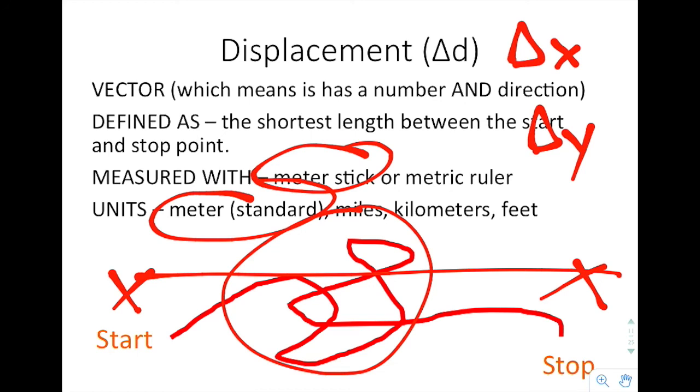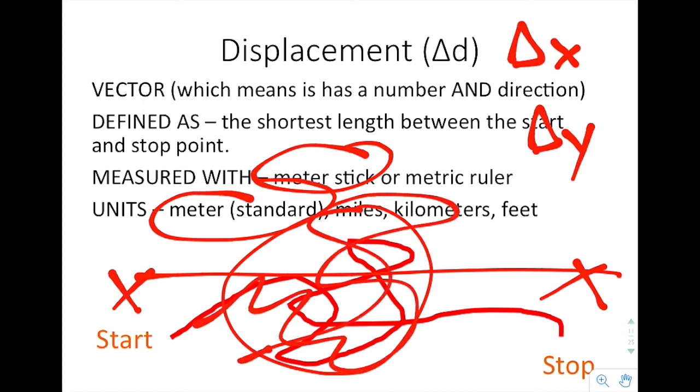Now, what makes displacement a vector is because you don't have to worry about this entire path and changing directions. It makes it a vector, which means it has a number, which remember we called a magnitude, and it also has a direction. So if you have something that's a